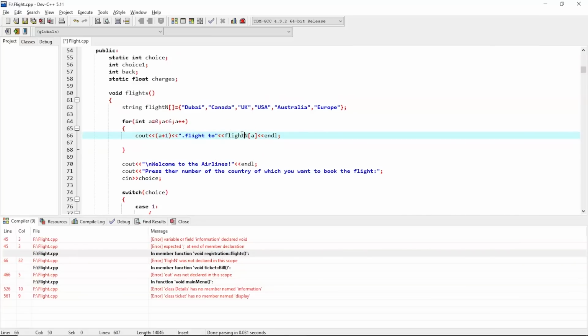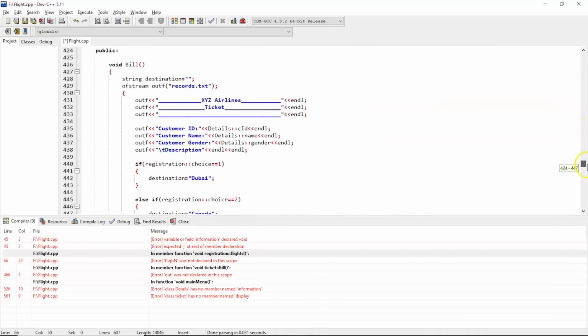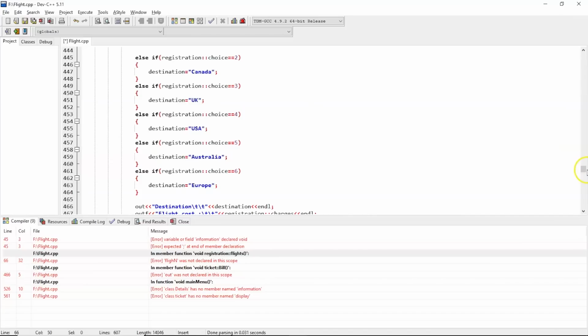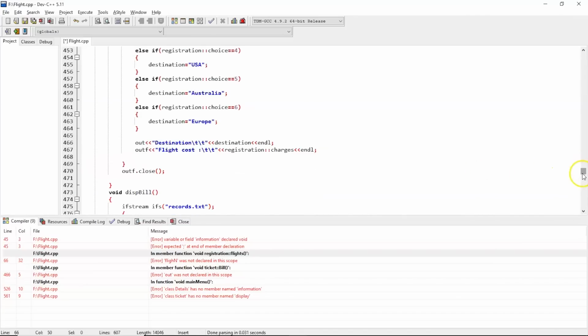Alright, function name is wrong, flight, we missed the T. Then line 466, where it is outF, we forgot to write F, we missed the F, and then